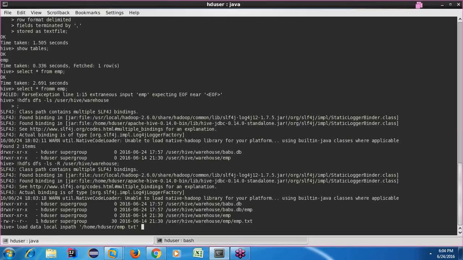Guys, I'm telling you, it's always good to give an absolute path when you are going to load the data into tables. I don't say that if you give a relative path while loading the data into your tables, it doesn't work. No, not really. It will work. But I don't know whether I'm going to run this particular command directly from the Hive terminal, or run these queries from a script.